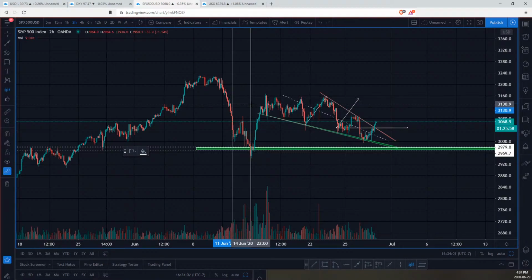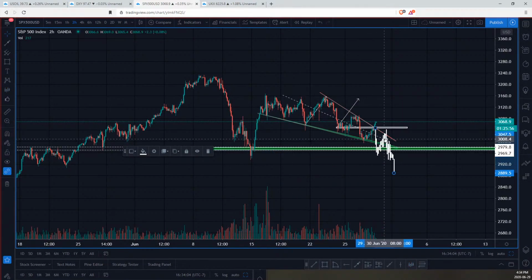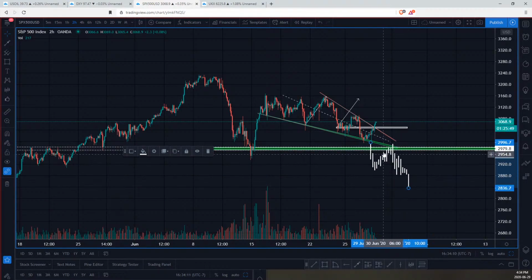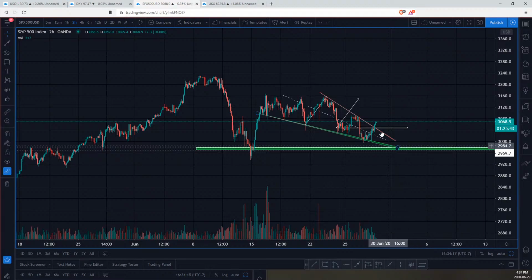potentially something like this, where we initially get pushed to the downside. I guess it would have been like here. And then you get a nice little pullback, creating a previous support level as a new level of resistance, and then we get our next impulse push to the downside. That would have been option number A if this did melt to the downside, but we actually got a break